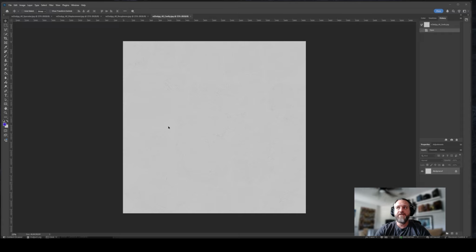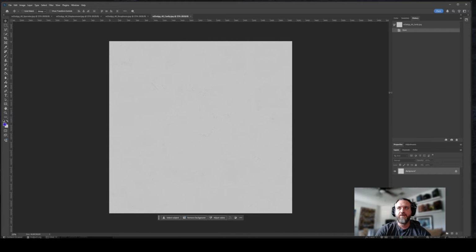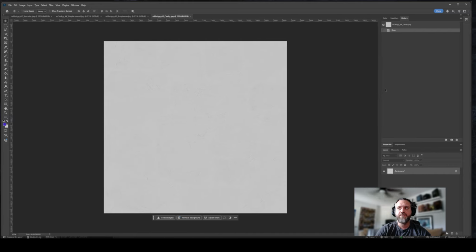So I've opened up the textures in Photoshop, and what we're going to do is a quick channel packing. There are other ways of doing this. I'm sure you can channel pack in GIMP. I would show you how to do this in Unreal, but they're updating their tools. It's still experimental, and so once that's actually released, then maybe we can look at doing a channel packer in the actual engine itself. But for now, we're just going to do this